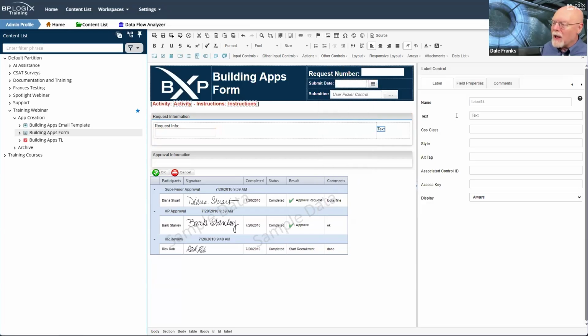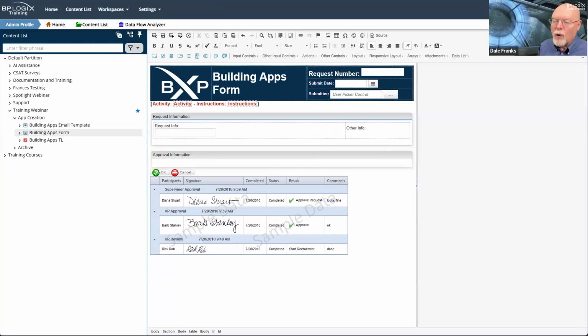I'm going to be doing exactly the same thing. I'm going to throw in a label control, and we'll call this label other, and other info will be my text, and I will call the control other info. And once again, I'll go ahead and copy that name so that I can hit Shift Enter again.